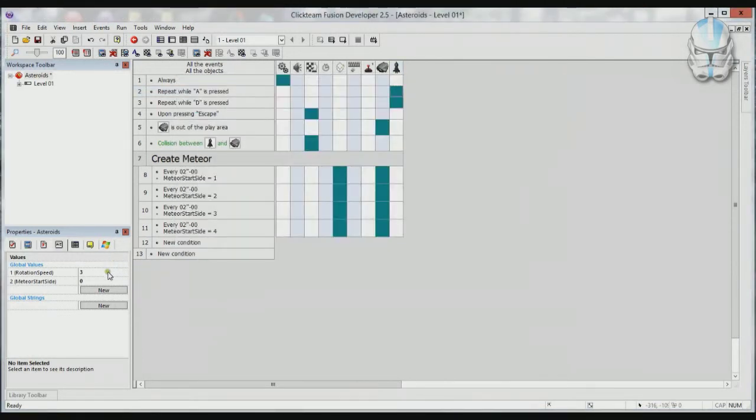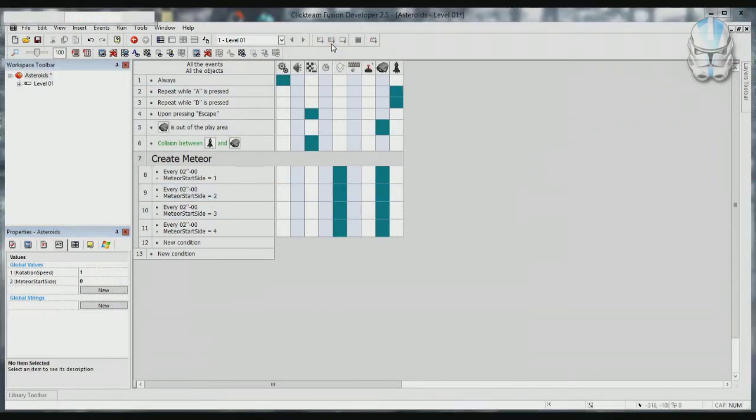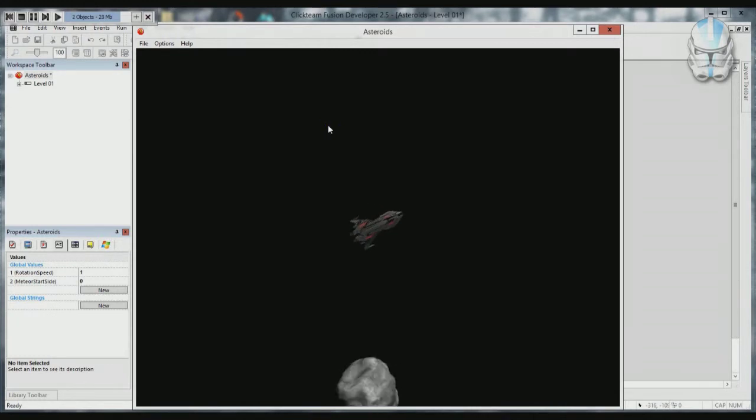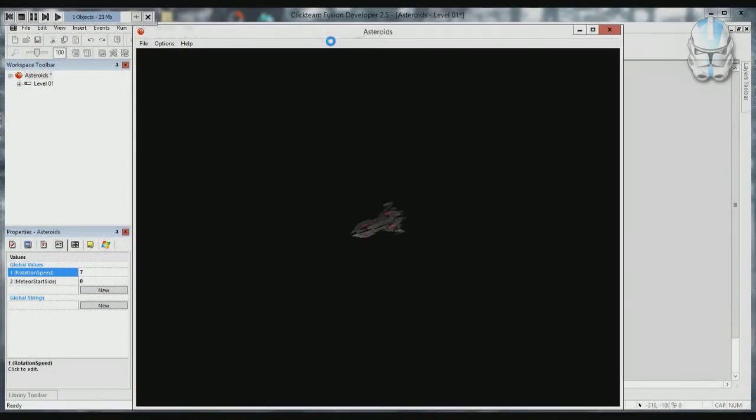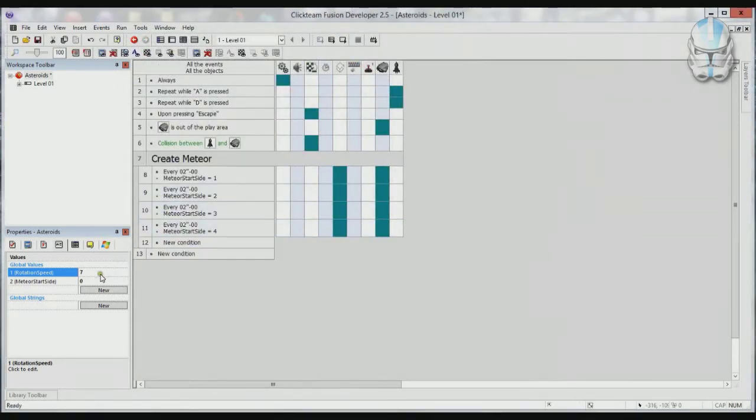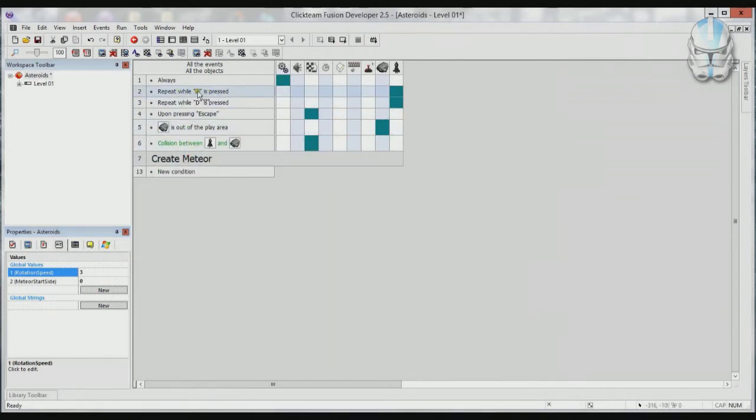So I can basically make it rotate really slow. Watch. Really slow. Or if I have it at 7, which is faster, it goes all the way around. So let's leave that as 3. I don't want to start that yet because you'll see the extra code. So if it's A, which if you look on the keyboard is to the left of the S, I want to rotate towards,